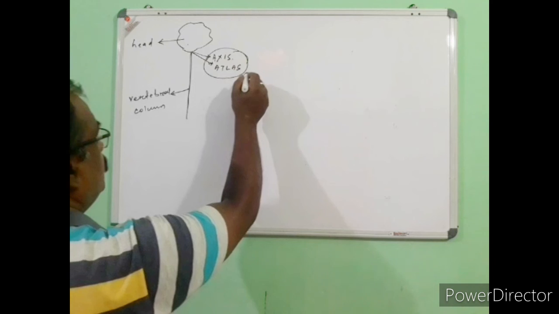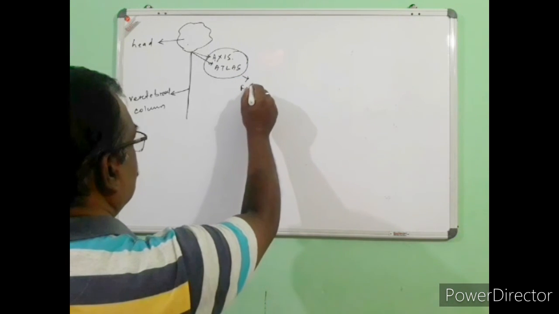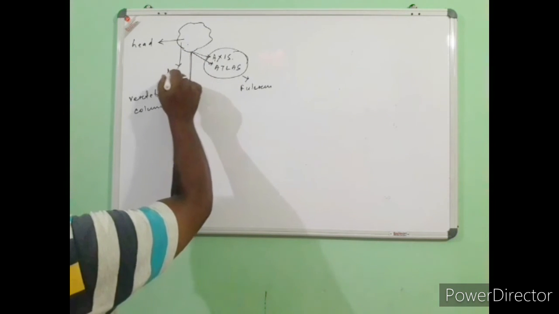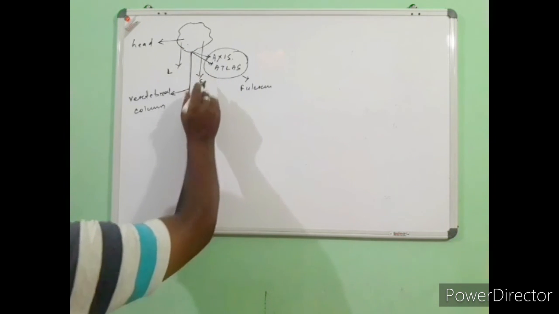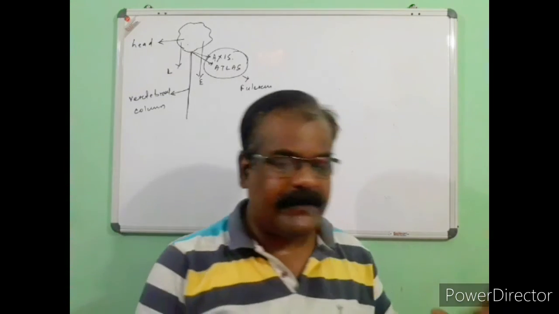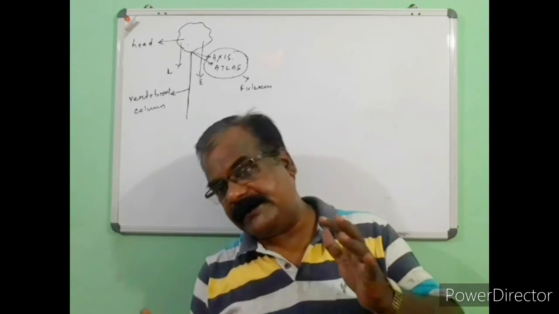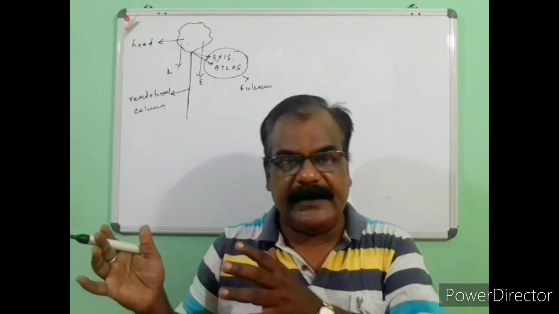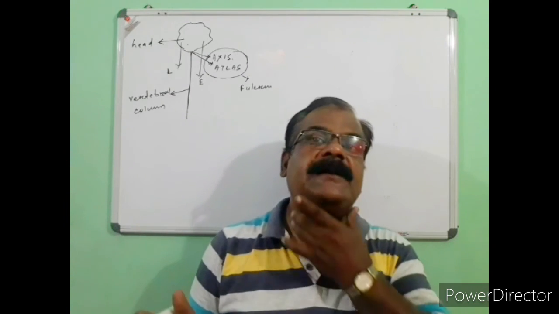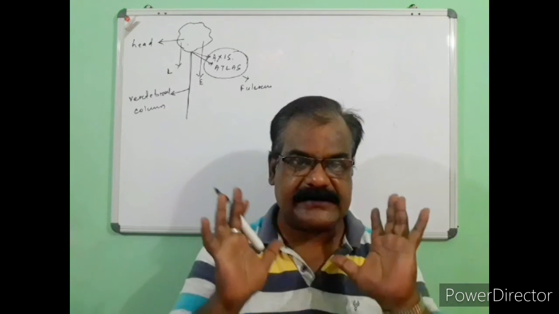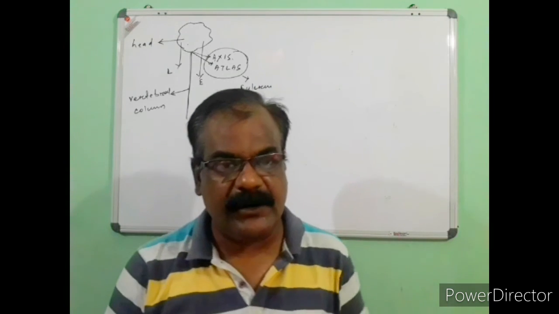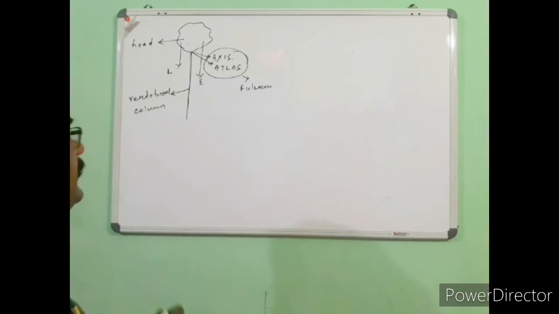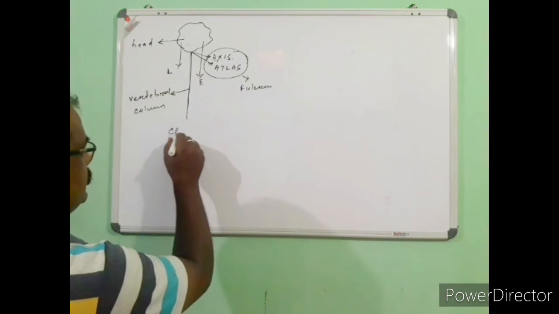and this behaves just like the fulcrum point, because in this case either of these sides will be considered to be load or effort. Now while we are moving our head, suppose this is your load side which is going down, automatically it is coming to this side, the effort, and wherever it rests on the vertebral column, that is your pivot or the fulcrum point. So undoubtedly this behaves just like what? Class 1 lever.